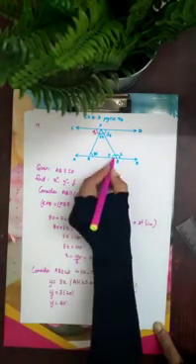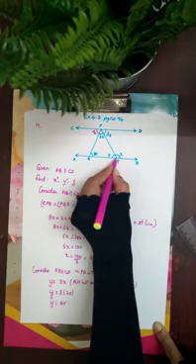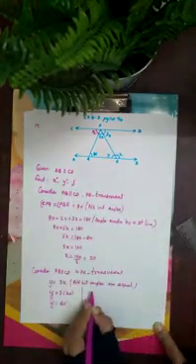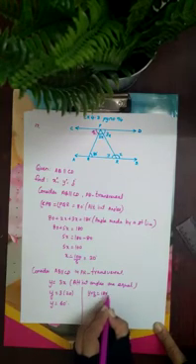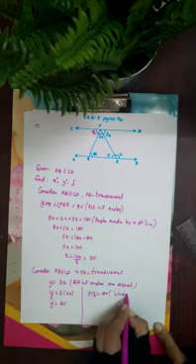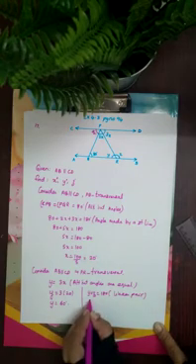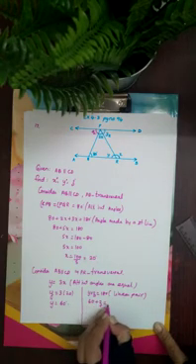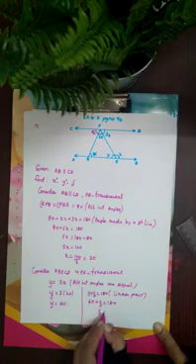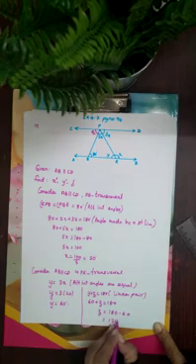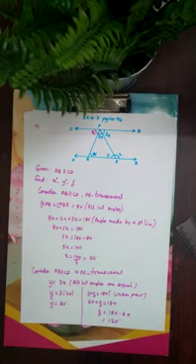Now, if you observe, children, y and z are a linear pair. So, let me solve it here. We can say that y plus z is equal to 180 degrees because they form a linear pair. Yes. So, we have found the value of y. It is 60. 60 plus z is equal to 180. Z will be equal to 180 minus 60. So, that is nothing but 120 degrees. Is that clear, children? Okay, that's good. Let's move on to the next sum now.